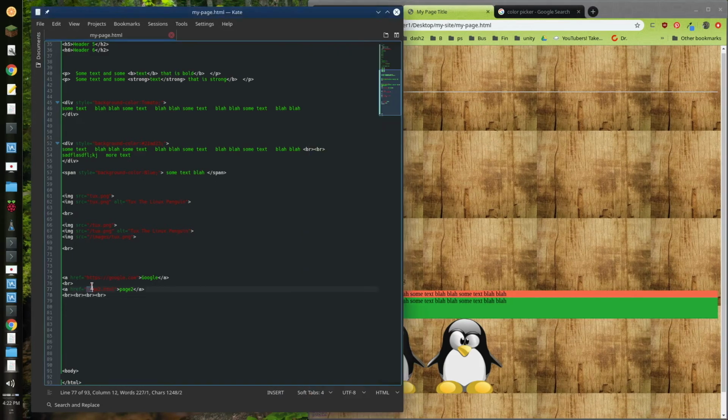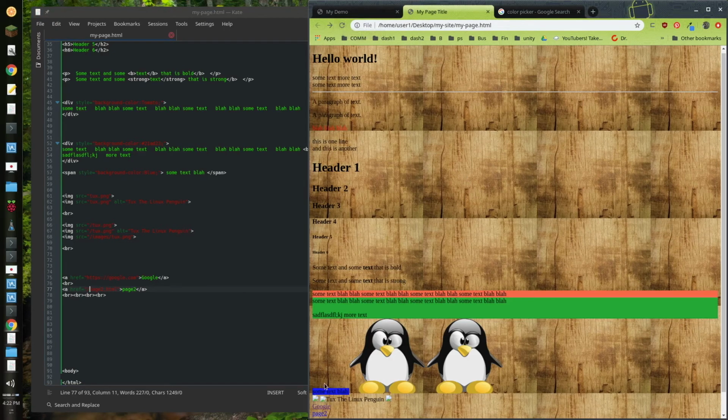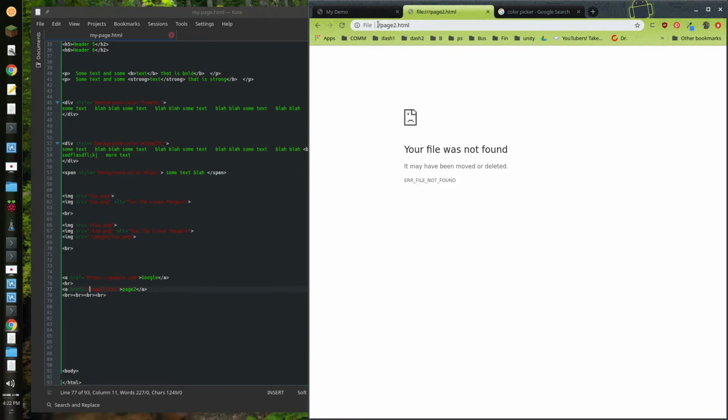Now this is a relative path. We're not going to get too deep into relative paths, but you could have it just like this. So let's see if that works with something like a file in our directory. So look at this link. All right, it doesn't work because